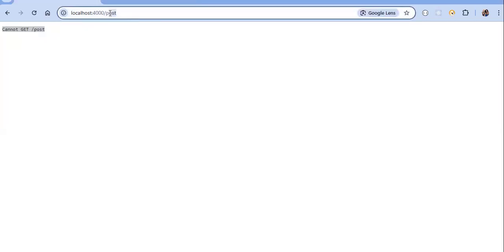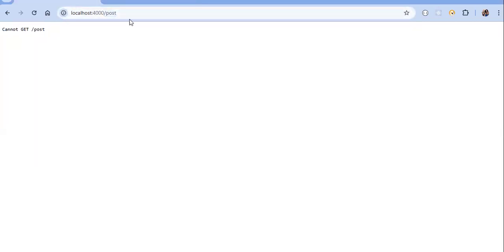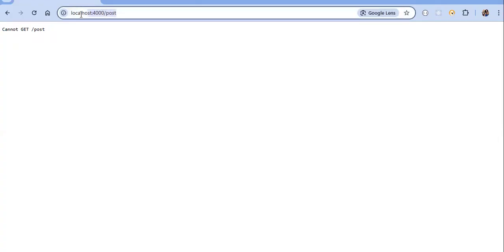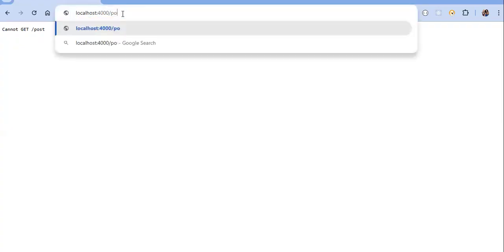/post. But we're not making a get request. We're actually making a post request. Then why is it giving us this? Why is it saying cannot get /post? That is because the browser is not actually designed to be able to do this. Whatever you enter in your URL is by default a get request. So if I also do the same with the delete,